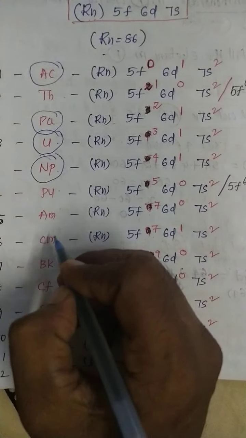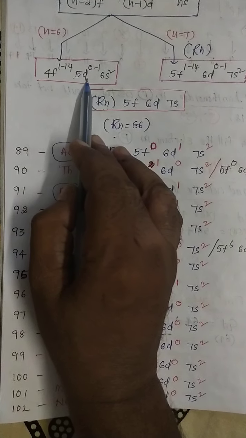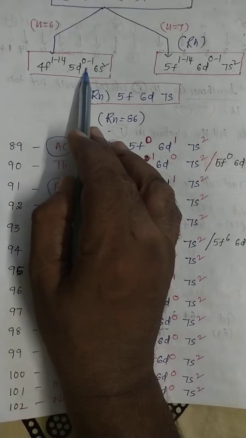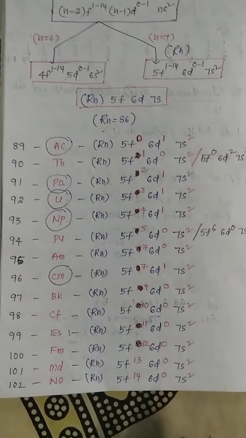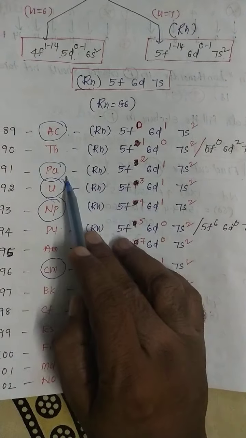So total, listen carefully, in the lanthanides, the 5d has only one electron. In the lanthanides, 5d has only one electron in 3 elements: cerium, gadolinium and lutetium. But in the actinides, listen carefully: actinium, the second one Pa, protactinium, uranium, neptunium, curium, after that lawrencium. These elements are not considered because, after actinium, the remaining ones are actinoids.